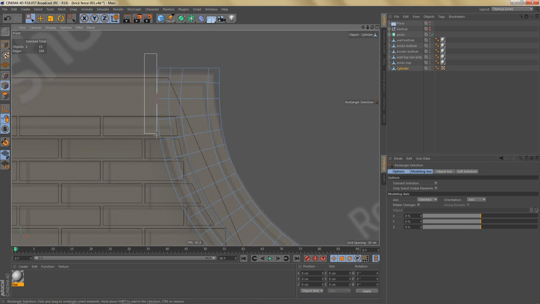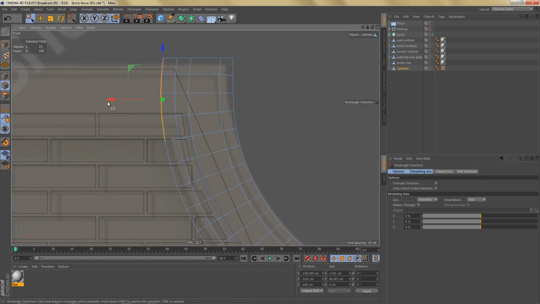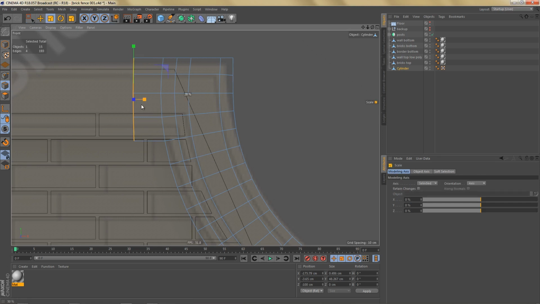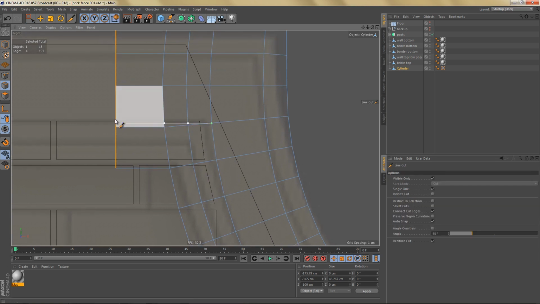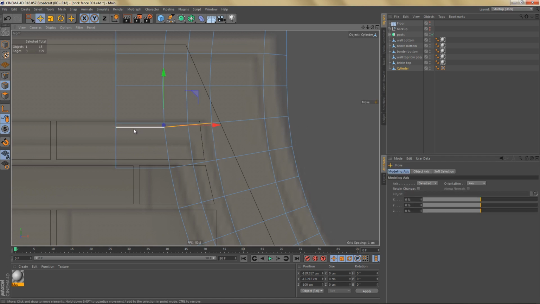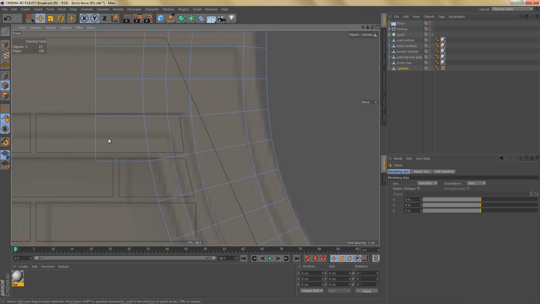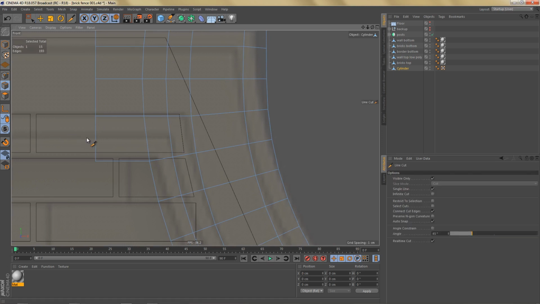And now we can select these edges over here. Let's extrude them and scale them down. I'm going to make another cut here and dissolve these edges. And you can see we're missing one edge. We need one for this line here. So I'm going to make a cut